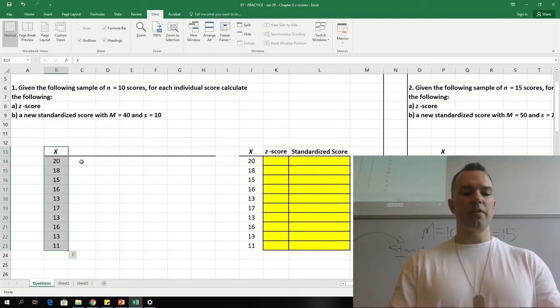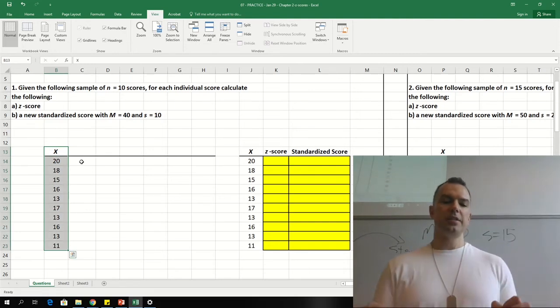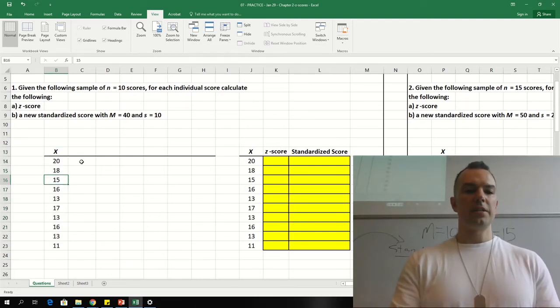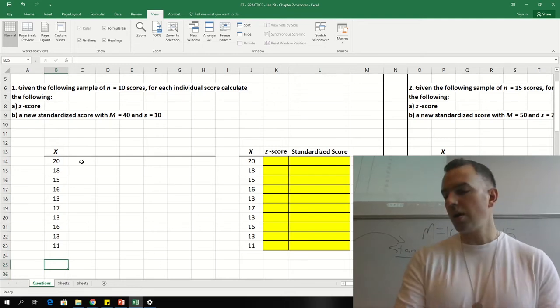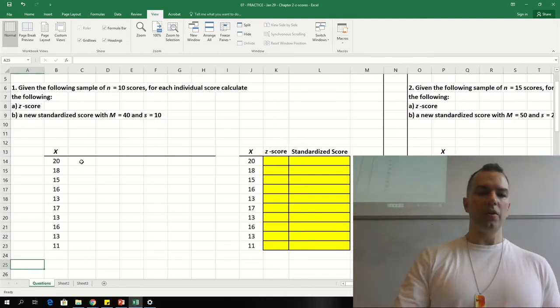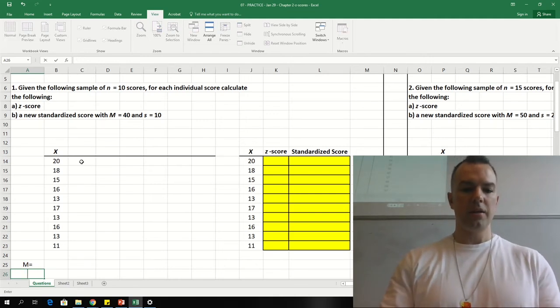So here's our raw scores over here, and we want to calculate z-scores, so we want to transform these raw scores into z-scores. Now, if you recall the formula for z-scores, let me get that up here. So your z-score is going to equal your raw score minus the mean, and all of that divided by the standard deviation. So what we can do is we can right off the bat calculate the mean,